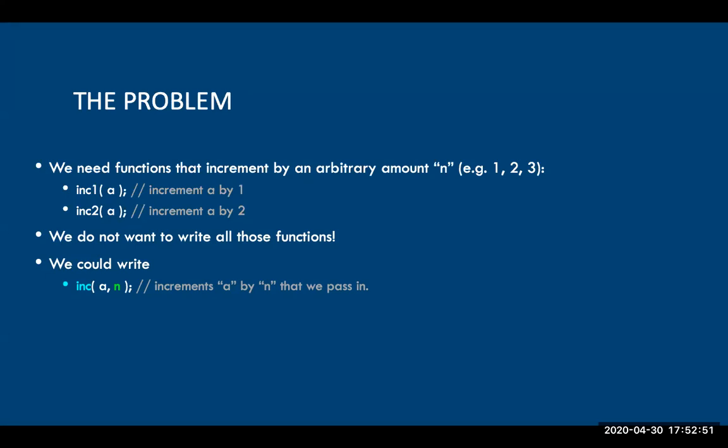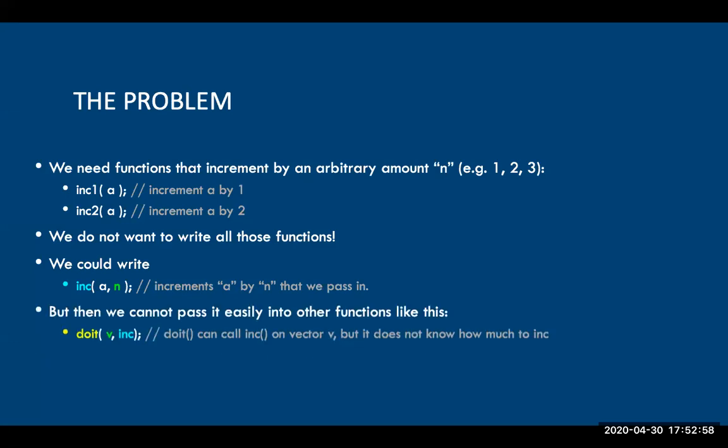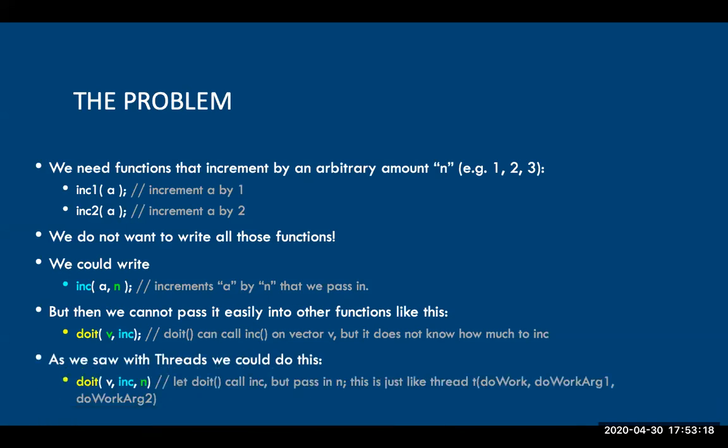So now we've got a more general function, which is really nice and useful. But as we're going to see today, in a lot of situations, and we saw this with our thread example, when we create a thread, we pass in the name of our worker function. And then we have this issue of, okay, well, gosh, that function needs arguments. So how do we tell doit that when it calls our worker function, we need to pass in all those extra arguments? So what we did and what we saw with threads is, we would just kind of tag on those arguments